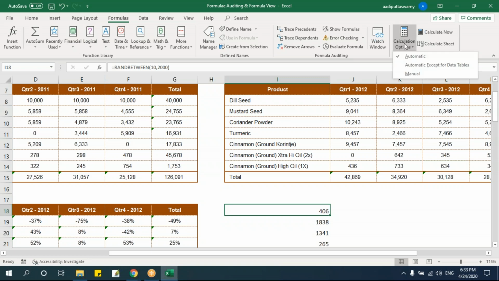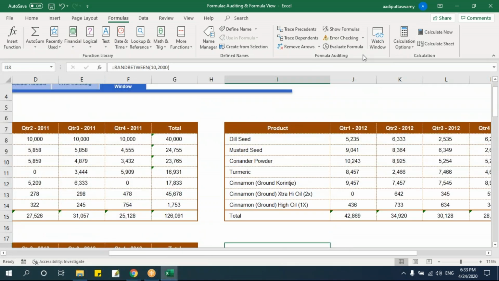So with automatic and manual, you can take a call on when I should have manual or when I should go for automatic. Right? So this is very important. Suppose your formulas are not getting refreshed, just directly go to these options and check whether it is manual or automatic. If it is manual, whatever changes you do, say I'll go and change something here, this will not change.